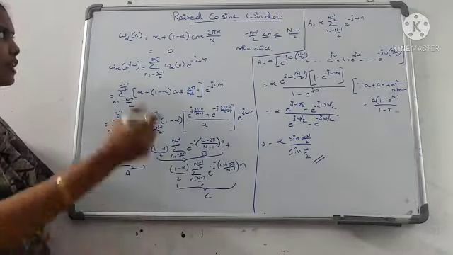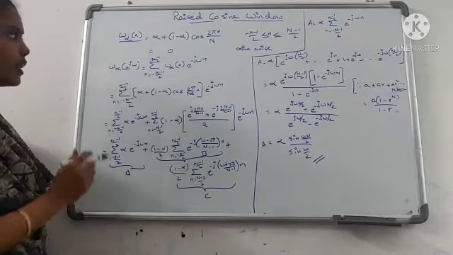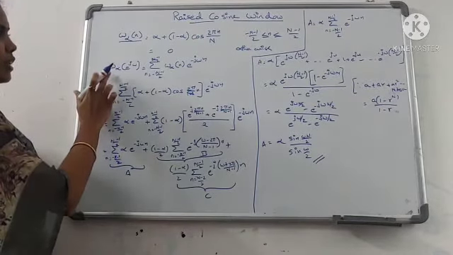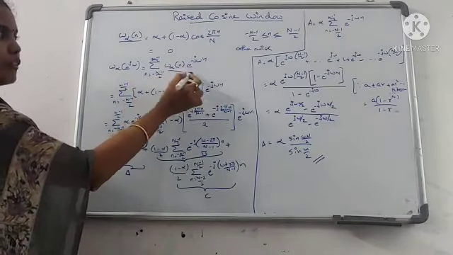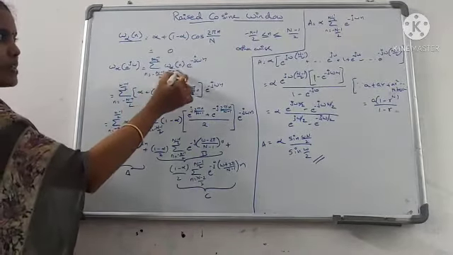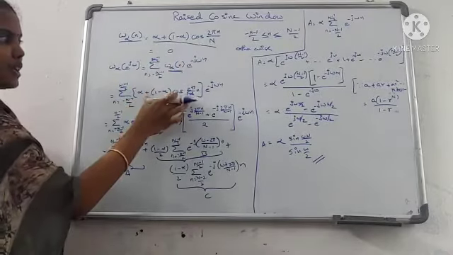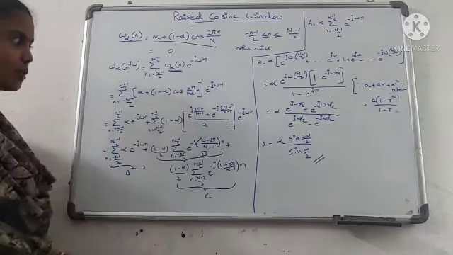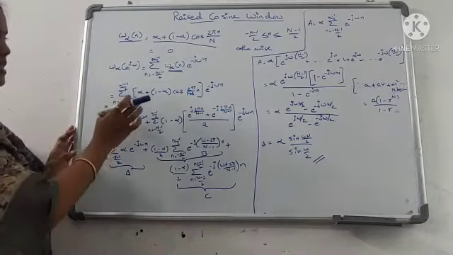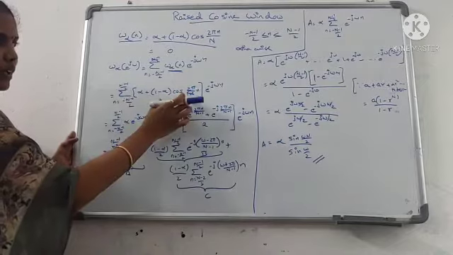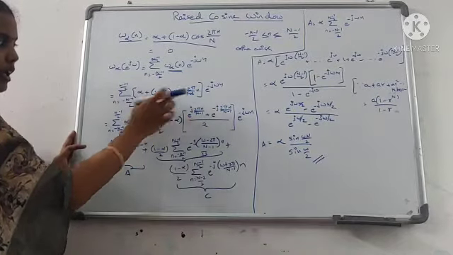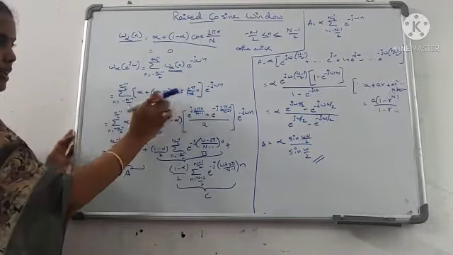First find out the Fourier transform of W of n. W_alpha of e power j omega is equal to the summation of W of n e power minus j omega n. In place of W of n, you have to substitute this equation into e power minus j omega n. Now multiply e power minus j omega n into alpha and also this one, and also separate the summation part.